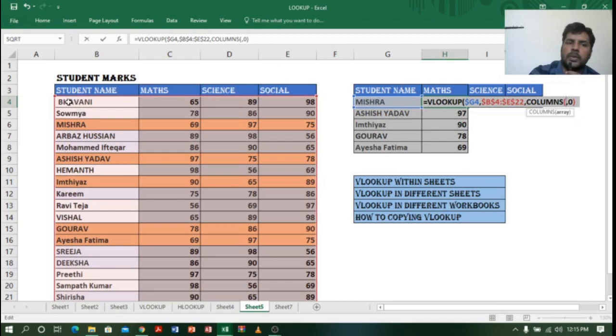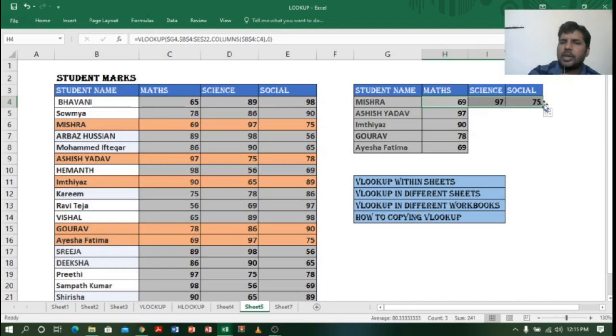So here you can see Bhavani, right? So Bhavani till Maths I will select, and I will just close the bracket. And remember, the first cell should not change because we are matching the VLOOKUP with the first cell, right? So the first one should be the same, it should not change. So again I will lock the first cell, right? So let me click enter. Nice. Now I got 67. So if I drag, I should get 97 and 75. So let me check.